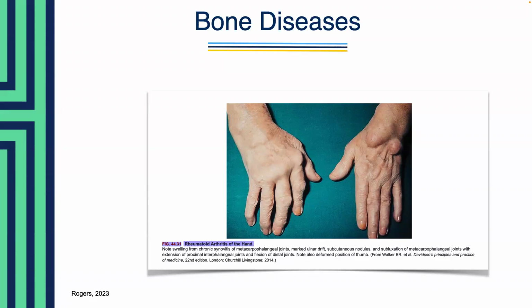Rheumatoid arthritis begins with the clinical manifestations of inflammation, such as fever and fatigue and weight loss, weakness, and even anorexia. Joint and or generalized aching and stiffness occurs as well. Now, over time, this results in joint damage, pain, stiffness, and the loss of function. And that is the image that we're seeing here in 44-31, which is showing the damage in the hands from rheumatoid arthritis.